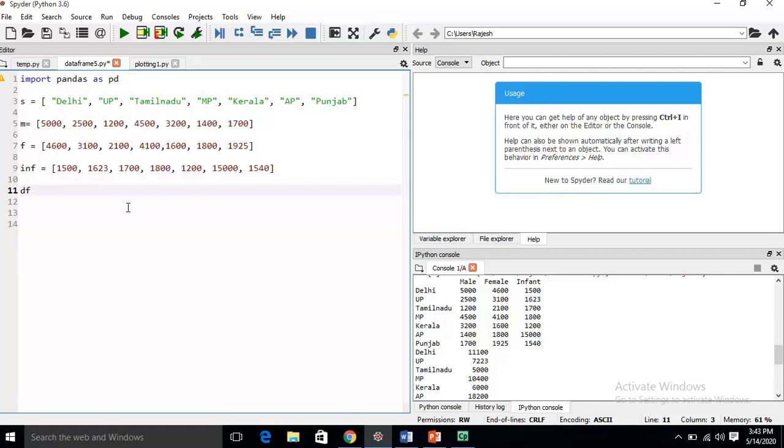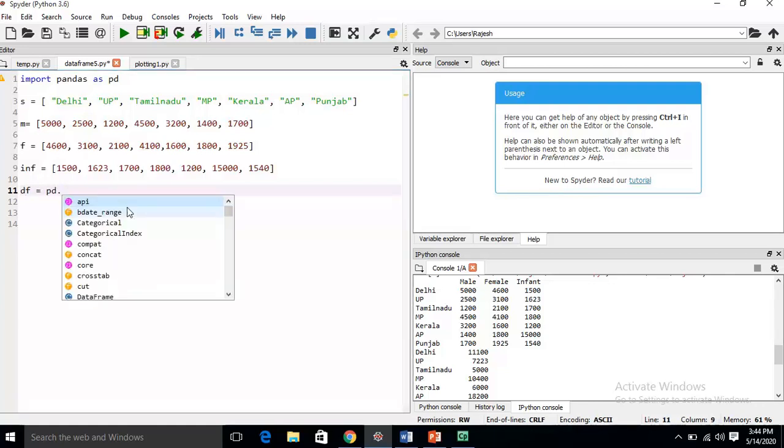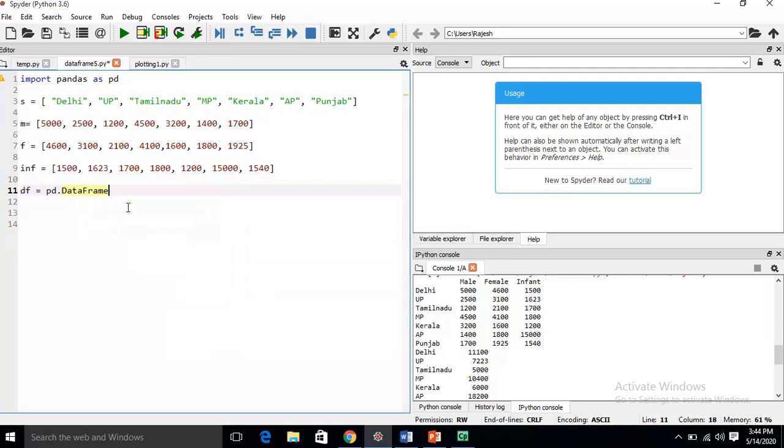Now I am going to create a data frame. For the data frame I have taken the variable df, then pd dot DataFrame, then parentheses and curly braces for the dictionary.